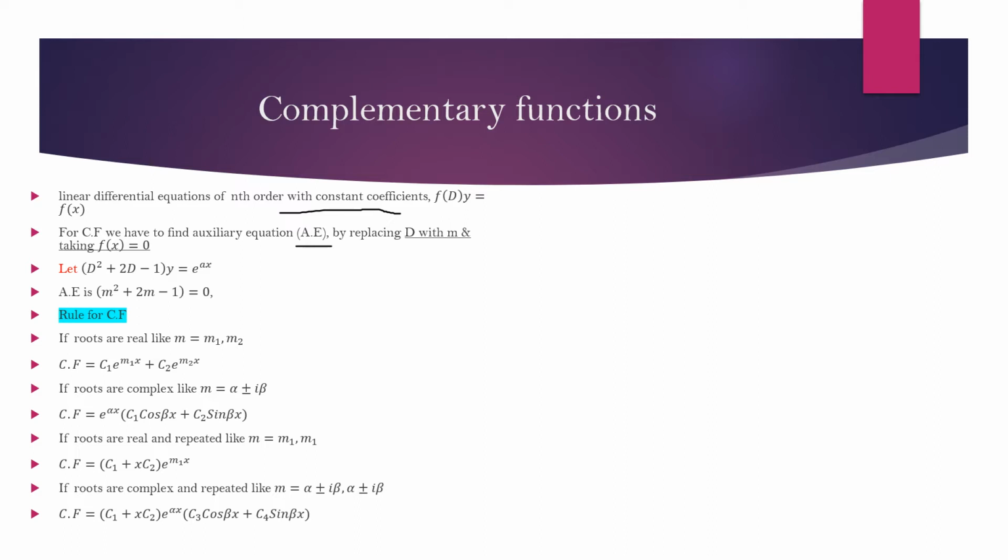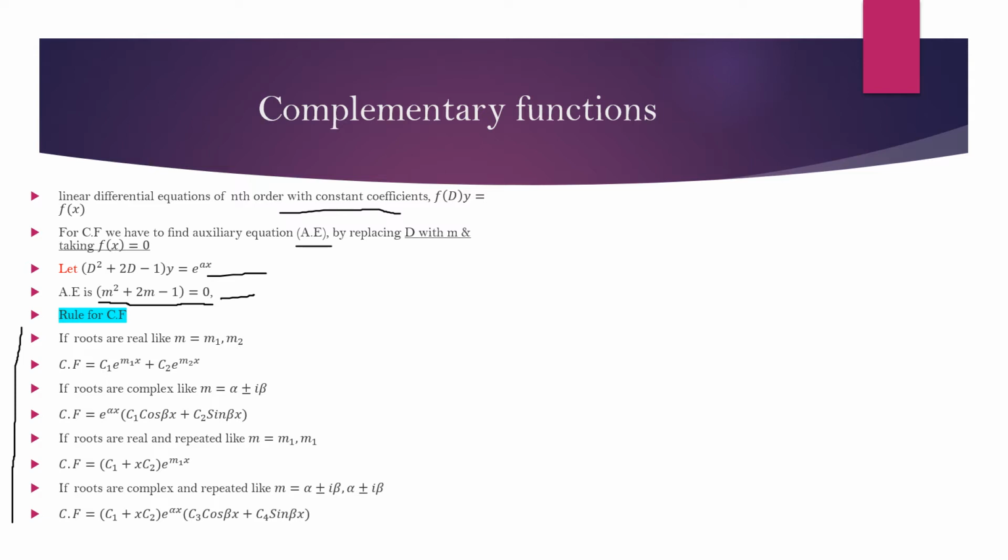Suppose we have taken the equation (D square plus 2D minus 1) y equals e to the power ax. Then the auxiliary equation for this is m square plus 2m minus 1 equals 0. When we replace D with m, and the function f(x) is replaced by 0, we get the auxiliary equation. Now the rules for the CF depend upon the roots of the auxiliary equation,